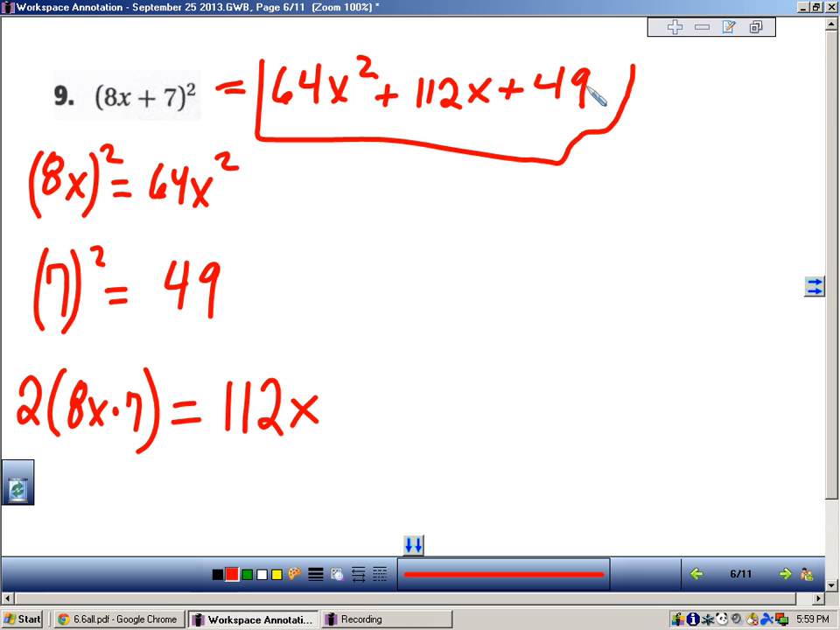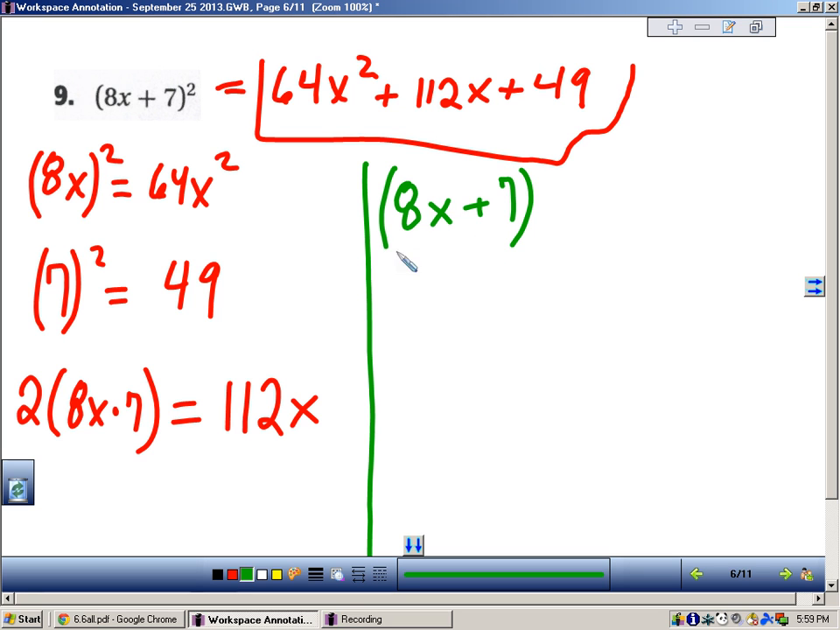If you want to check the work, go ahead and multiply it the long way, which is what I'll do here, just to verify. So let's check my work here. Okay, we're going to take 8x plus 7 and multiply that quantity by the same amount. And so